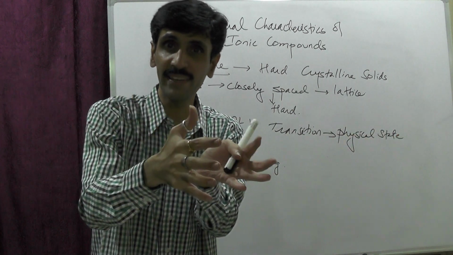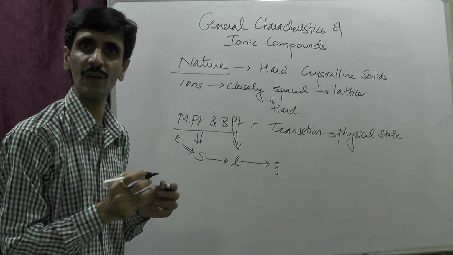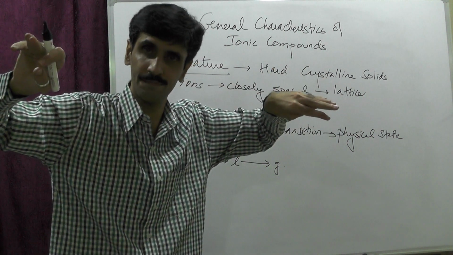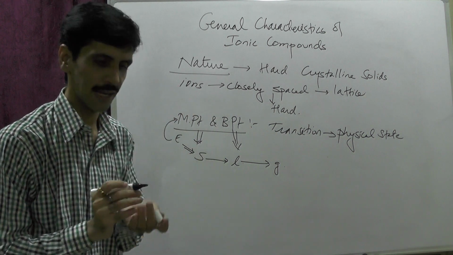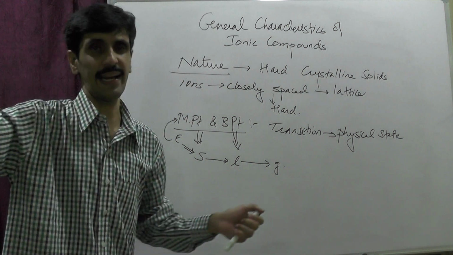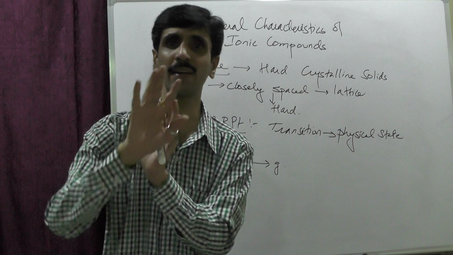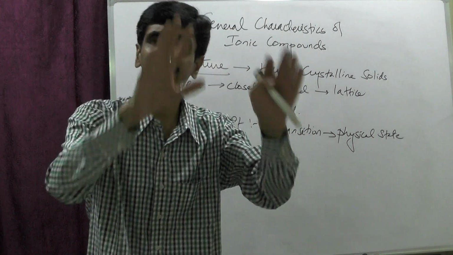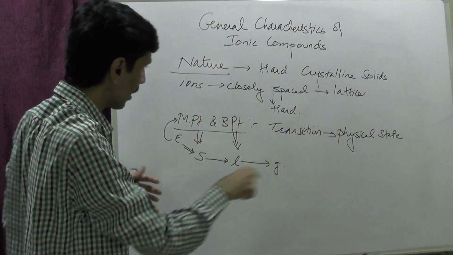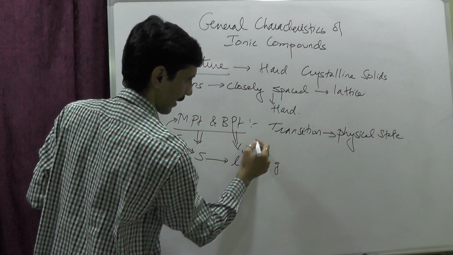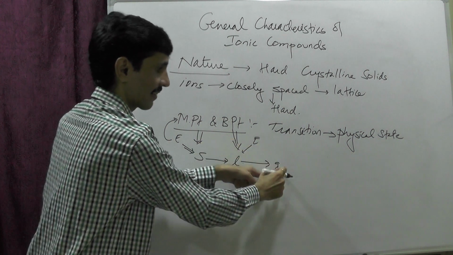So in solid, the particles are very close to each other. So what I do is I supply energy to this. Energy is supplied to that solid, so that the particles start to go away from each other, so that it gets converted into what? Liquid. And that energy, my dear friends, is called as what? Melting point. So energy required to lessen down the interaction between the particles. I won't use the word bond over here to be very precise, लेकिन मैं सिर्फ इतना बोलूँगा कि interaction between the particles becomes less, the particle separation increases, and thereby the solid gets converted into a liquid. अब क्या करेंगे? अब liquid में और energy supply करेंगे हम लोग, because we are going to convert the liquid into gas. So we supply still more energy to the liquid, and therefore it gets converted into gas,